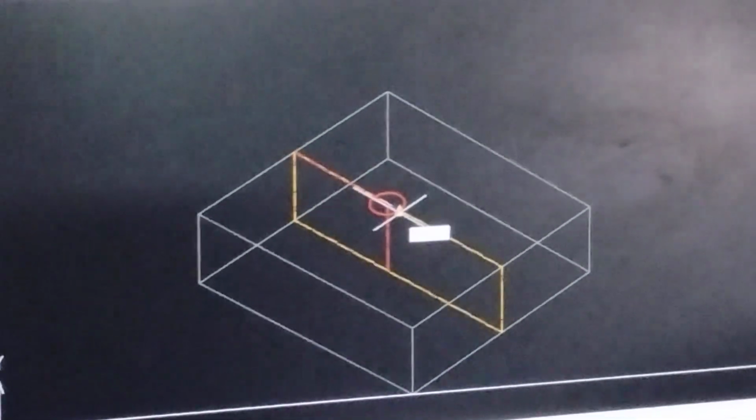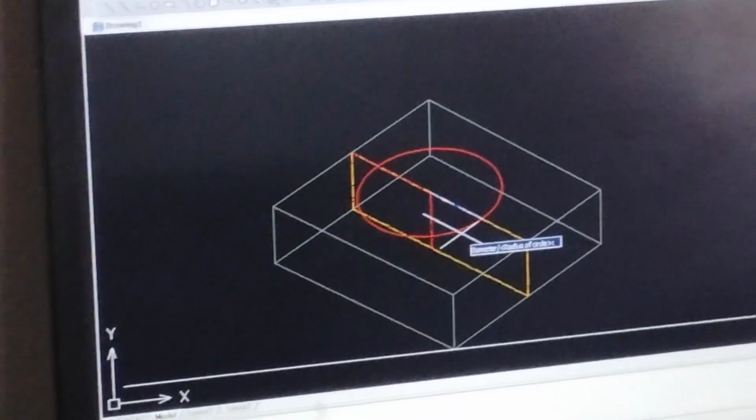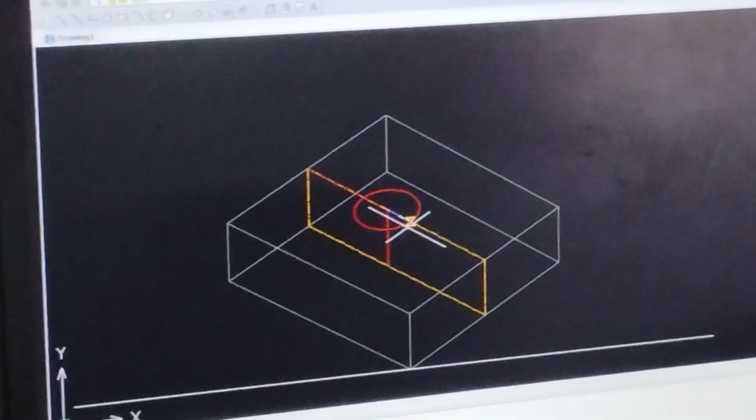Okay? Now, first, if you are knowing the diameter, 30. Whether it's diameter or whether it's radius, what has been given? Have they given radius or have they given diameter?